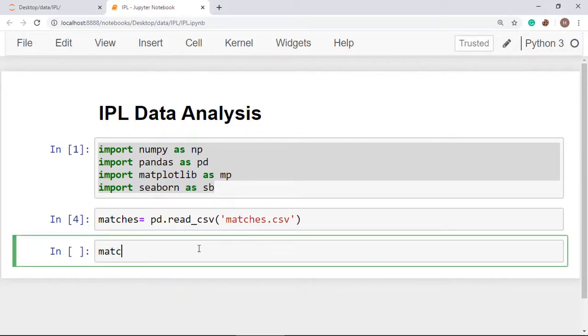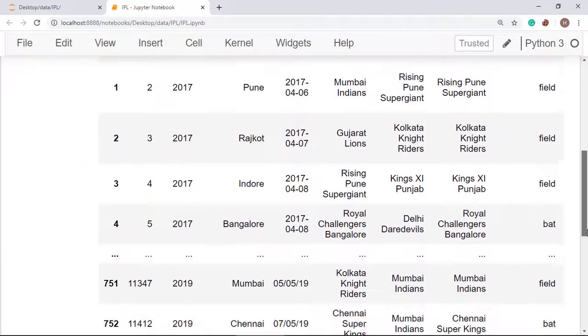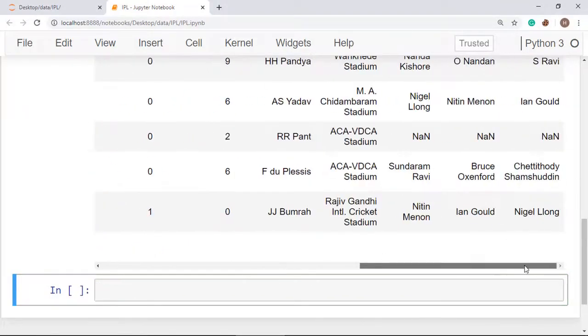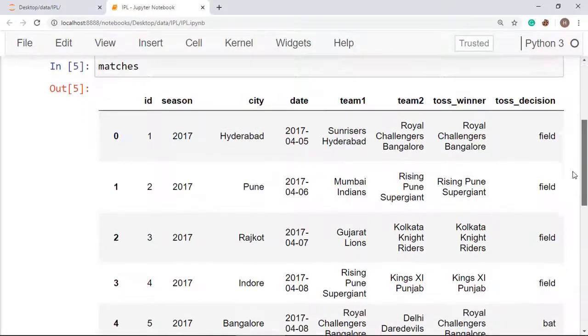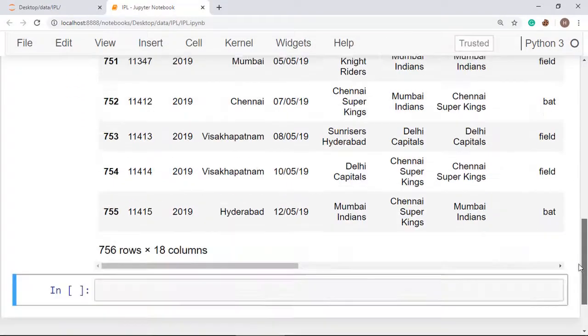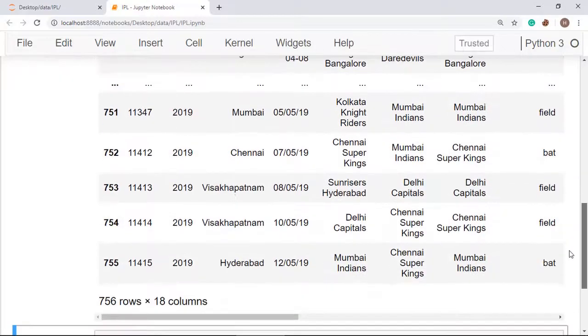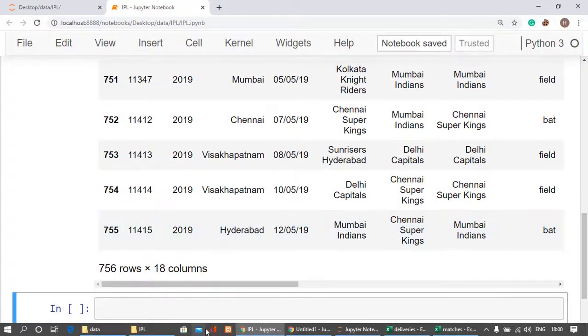You can see it by just calling matches. You will be getting all the file's details here. You can see there are a total of 756 rows, and the IDs of matches go up to 11,415.